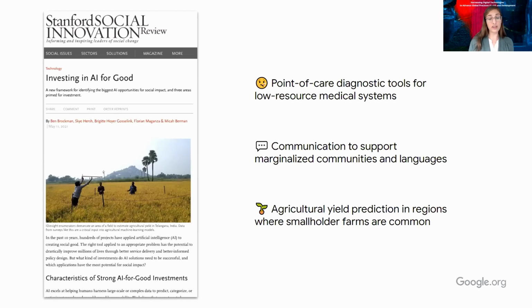And the final area that I think we feel there's a lot of opportunity is agriculture. Yield prediction, obviously with a significant portion of the world relying on agriculture for their livelihood, for their health, thinking about where we can see more tools that actually increase productivity, forecast yield, help inform harvest, help inform decisions that are being made.